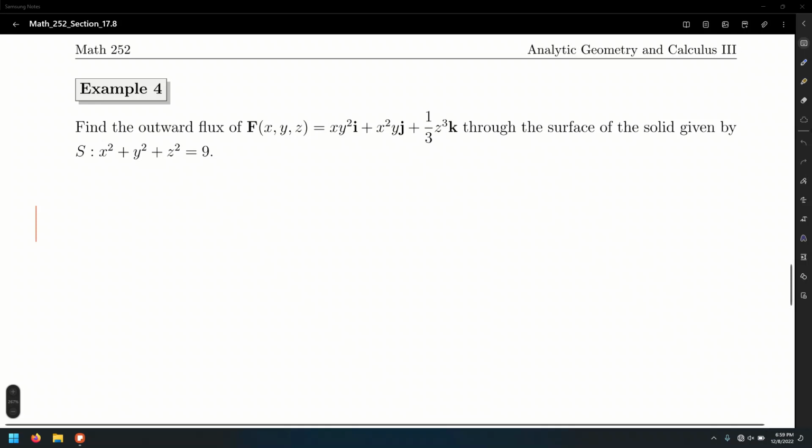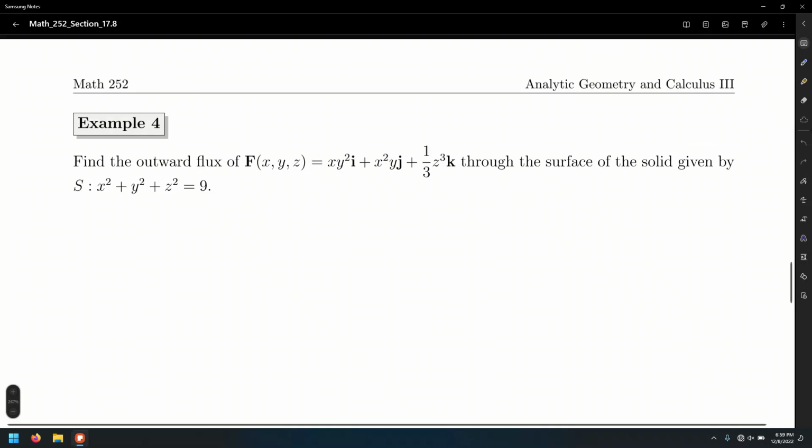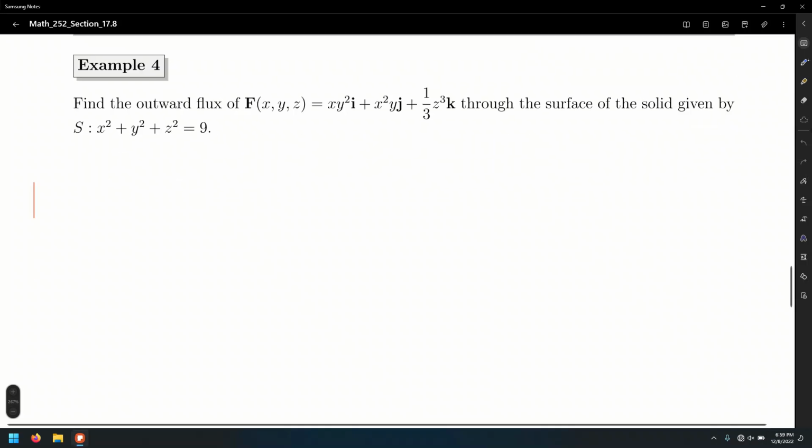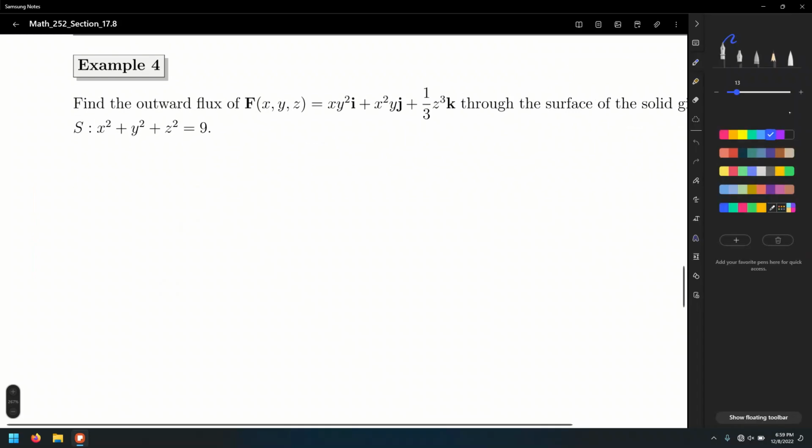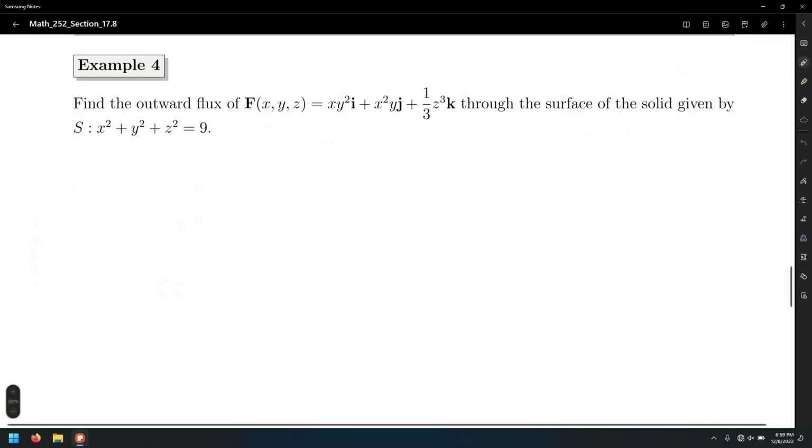Alright, so this is what we're going to do. In this case, it's the whole sphere. They're not telling us it's bounded below by the xy plane or the usual z equals 0. They're not telling us anything, so that means the whole sphere. So we're going to evaluate